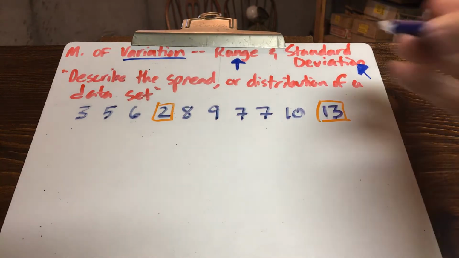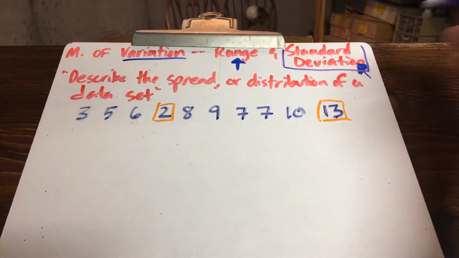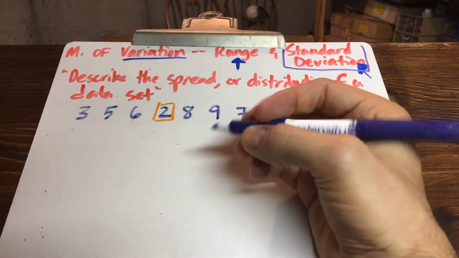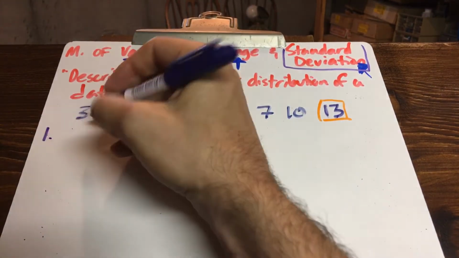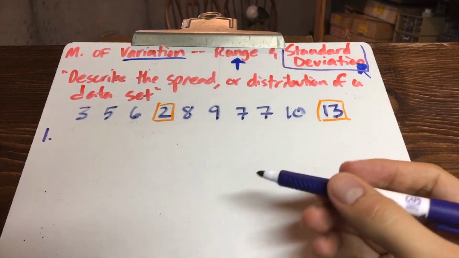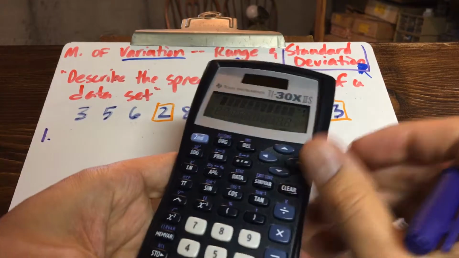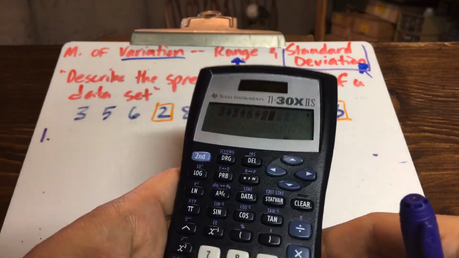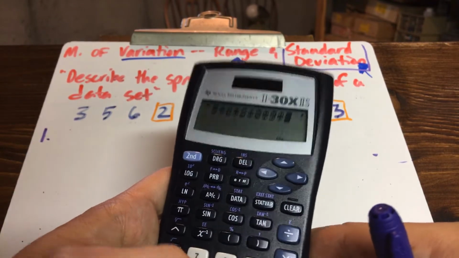How do you find standard deviation? Right here. You find standard deviation by first doing the mean. We know how to do the mean, right? So step 1, we're going to find the mean. All right, I'm going to add all these up. I'm going to divide by how many numbers there are. Just give me 1 second. Calculator will be handy, although I could probably do this in my head. But for the sake of time and making sure I don't make a mistake,